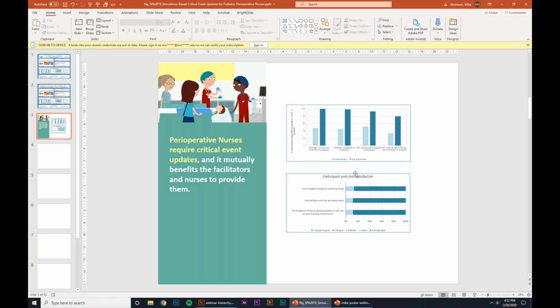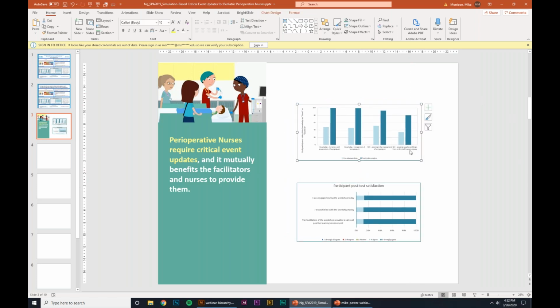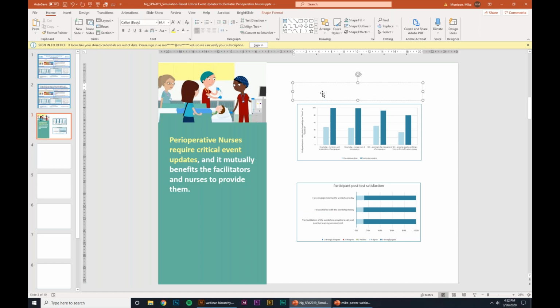And at the top of these graphs, remember, if you can picture someone standing, you can see my cursor over here on the right. So you're going to be standing talking to that person over there on the right, and you're going to be kind of dumbly glancing at these while they're talking. So we want to put our punchlines on top. So I'm gonna put one here, and I'm gonna say critical event updates increased both knowledge and skill, and